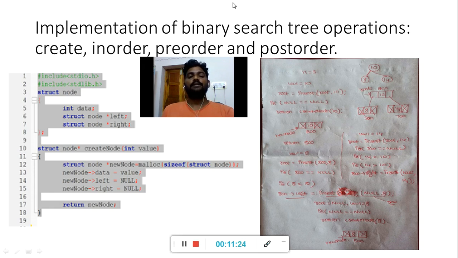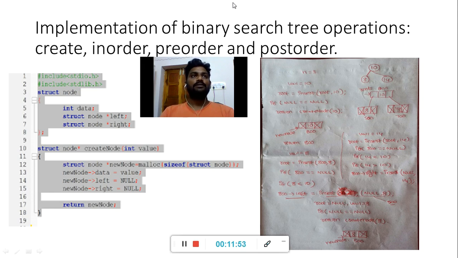In that case, the given tree can be represented in memory in two ways: using arrays and using a linked list. Of the two ways, what is the best way to represent memory? Linked list, because there is no memory limitation. The system can take care of allocating and deallocating the memory. In that case, the given binary search tree can be represented in memory using the linked list concept.